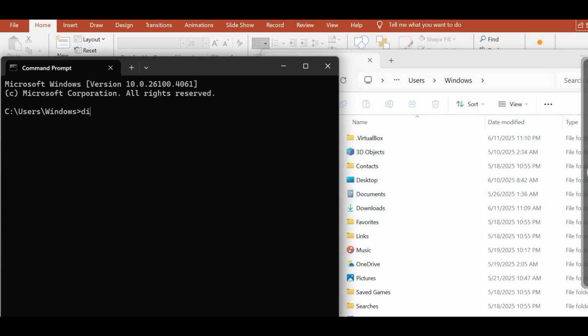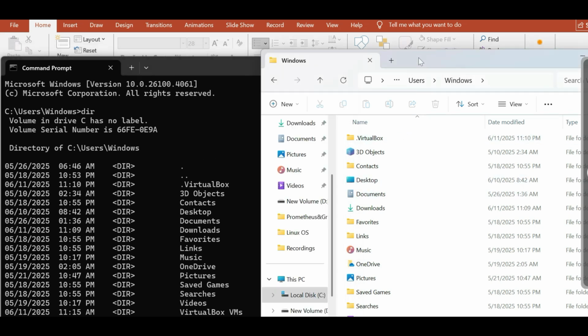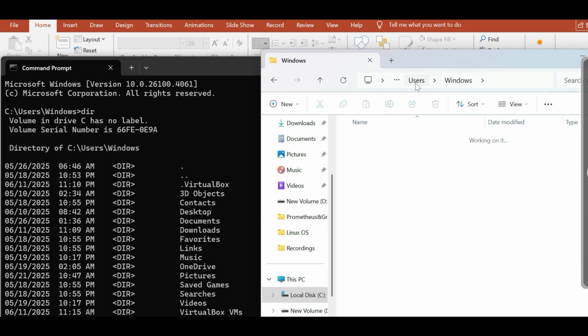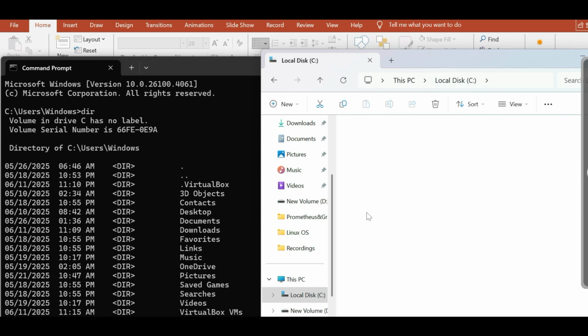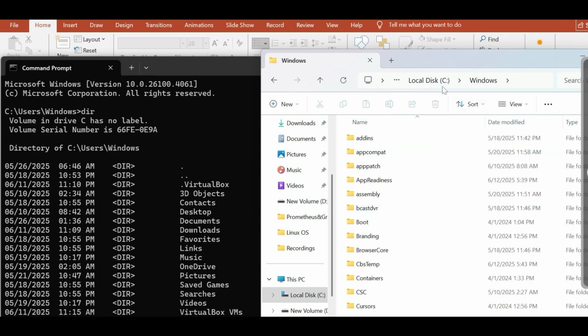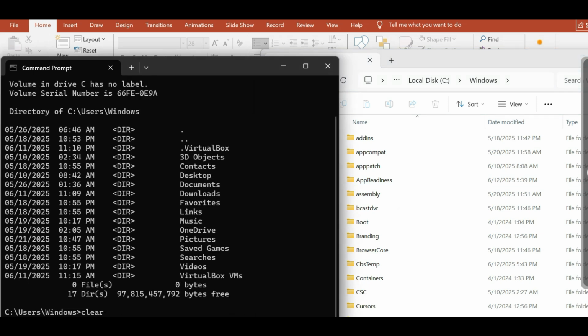If you type dir, then all the information is there. See here, VirtualBox is there, 3D, contacts, all those things are there, correct? Now, if I want to go to this path, where you are inside the C drive and you want to go to Windows, then you are using the mouse. You are not using any keyboard, correct? If you want to go to that path,